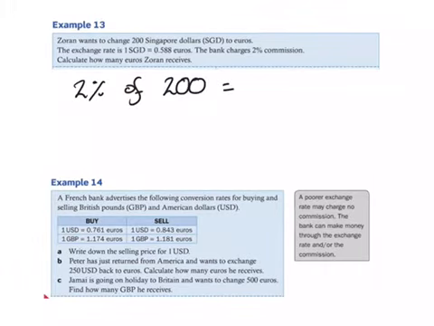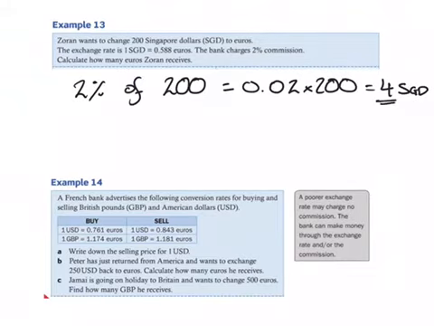Which we can do in a number of ways. I'd probably do the multiply method. 0.02 times 200 gives us a value of 4 Singapore dollars. So we're going to subtract that from our 200 first of all. So 200 minus the 4 equals 196. So now that 196 Singapore dollars that we've got left, we're going to change to euros